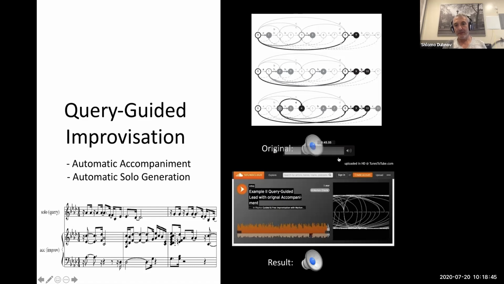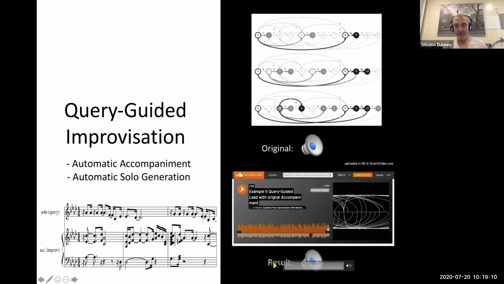So you build a model of this recording. Again, this is not in the big data sense of deep learning that creates a very detailed model of a corpus. This is really kind of a one-shot thing. You do need a long enough recording, but it doesn't have to be huge. And then you query this with a different accompaniment. So this is the part of it that was difficult.